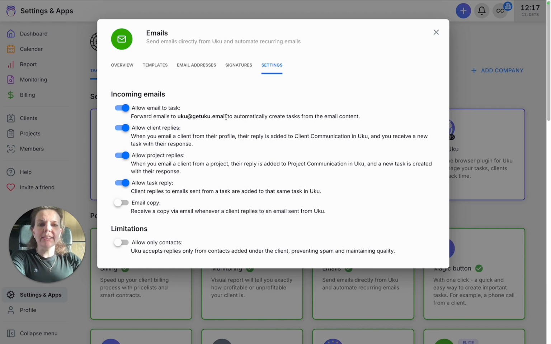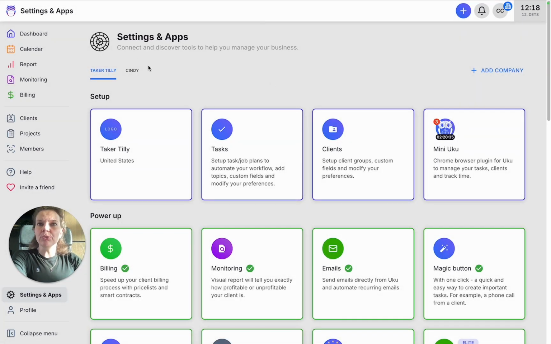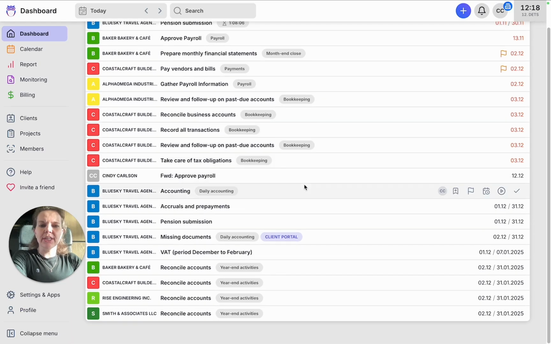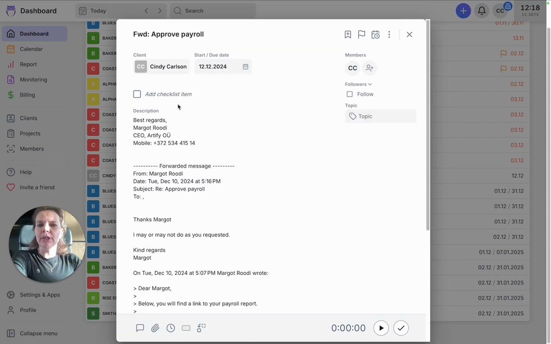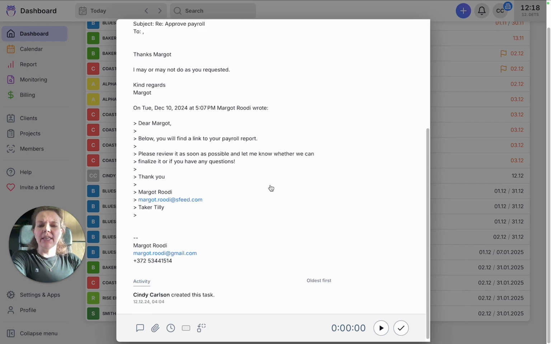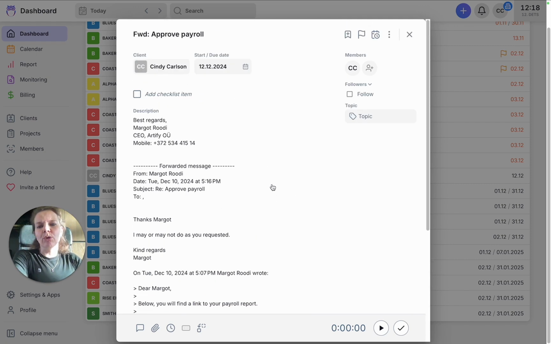Also, you can send in any email to Uku by forwarding it to this email address, which is shown under the settings. So if you forward an email to Uku, what happens is that we turn that into a task on the dashboard where you can see everything from the full email thread, as well as if there were any attachments, we will also show you the attachments.